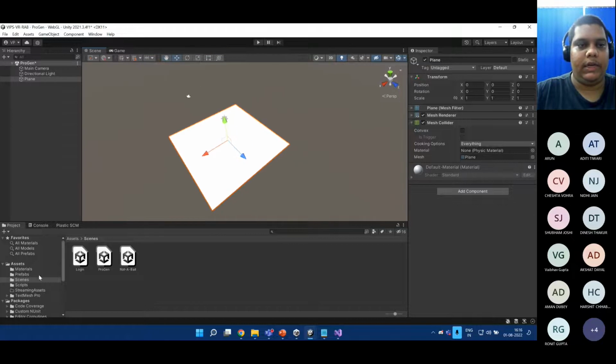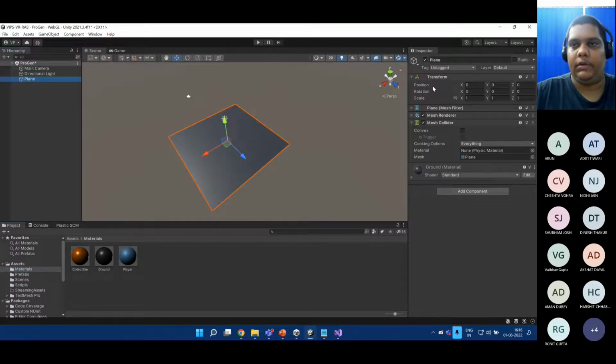Right, and we had some prefabs here, I think. Oh, sorry, materials for the ground. We can give it that. We can call it ground. So these are just good practices, even if you're prototyping, even if you want to test something small and just be quick about it. Still, the best way to go about it is to